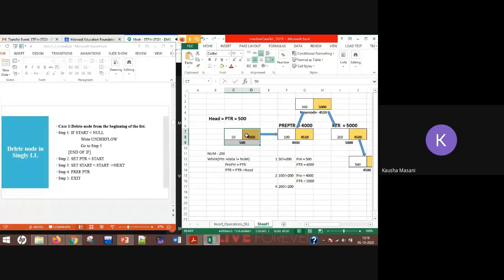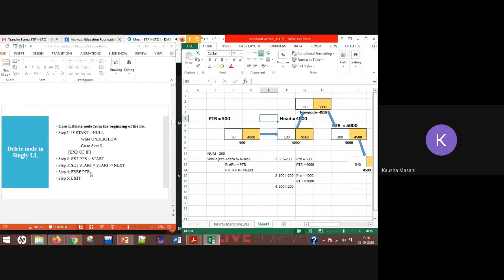All right. So now we are going to move our head. Where? To head of next. What is the value at head of next? 4000. So where is your head going to point? Your head is no more going to be pointing at 500 now, but it is going to point here. So here I am going to write head, and what is the value? 4000. Fine. I am removing this. So right now my head is here.